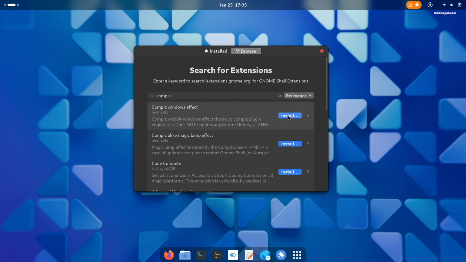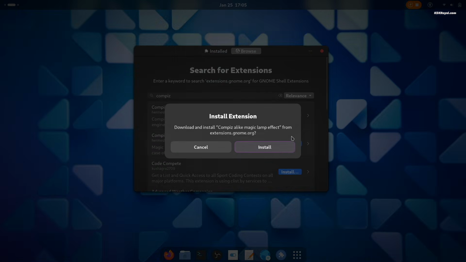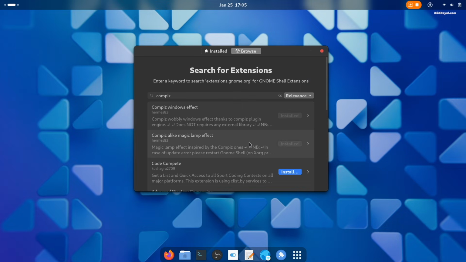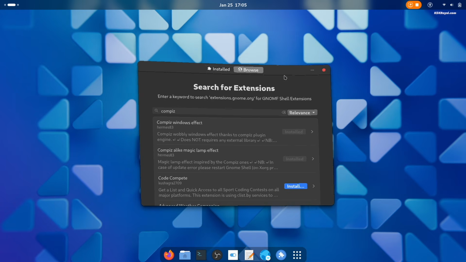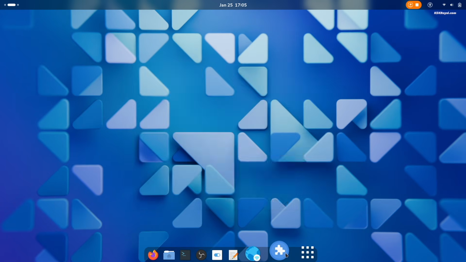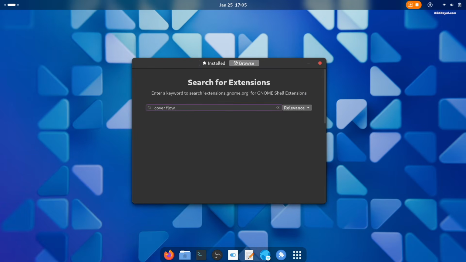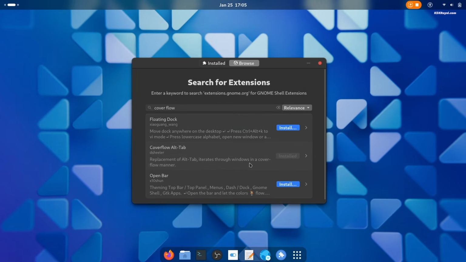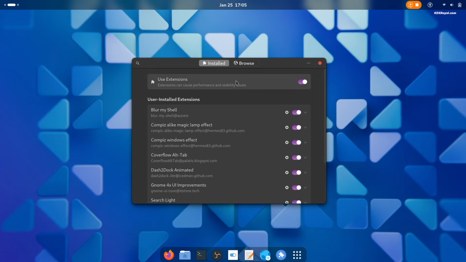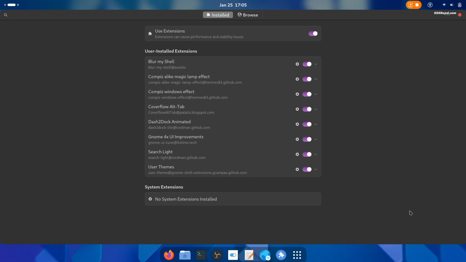Also install Compiz's window effect and Magic Lamp to add the genie effect when minimizing or maximizing app windows. Additionally, install the CoverflowAltTab extension to modernize the app switcher. Once installed, click on this tab to view the downloaded extensions.